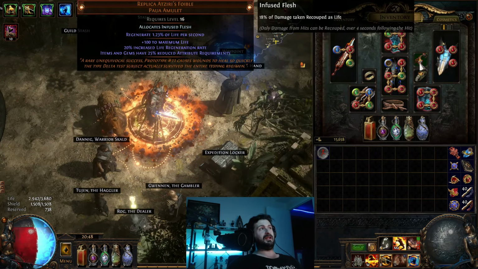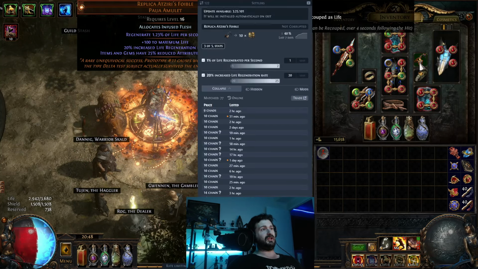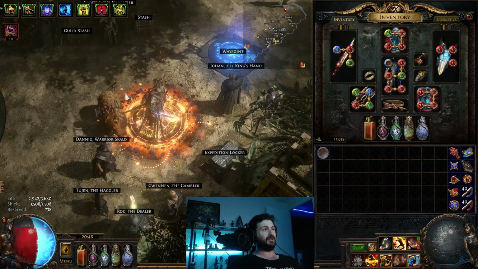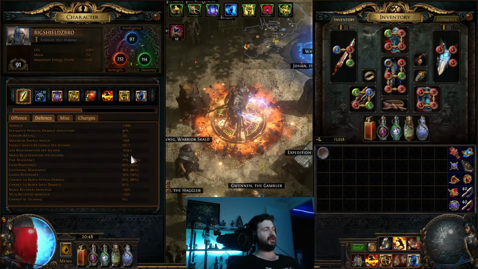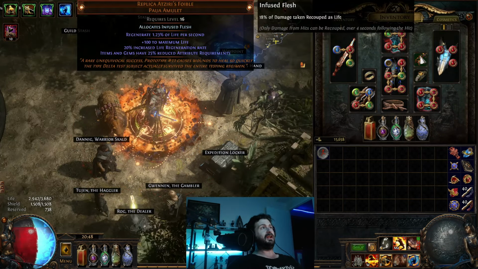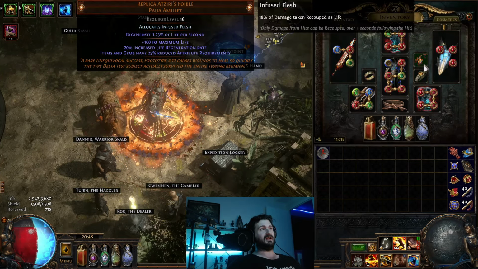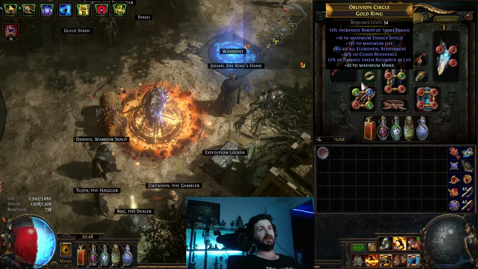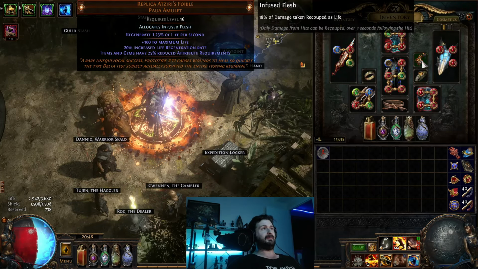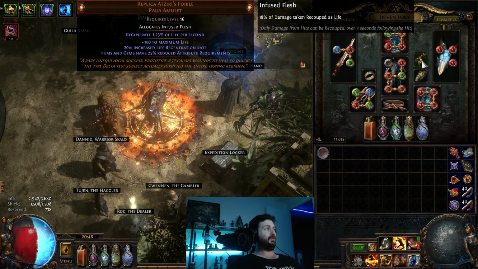So for my amulet, I switched to a Replica Serpent's Foible. Reason being is this amulet's dirt cheap. It's like 10C, gives me a ton of life regeneration, gets me to about 1100 standing HP regeneration. If we have a look here, it's like 1034 and it goes up to like 1100 really easily. And I've got Infused Flesh, and in combination with my rings, this is giving me just shy of like 40% return, or actually is that 41%, damage recouped as life. So 41% of the damage I take is recouped as life in my pool, which is really effective for this